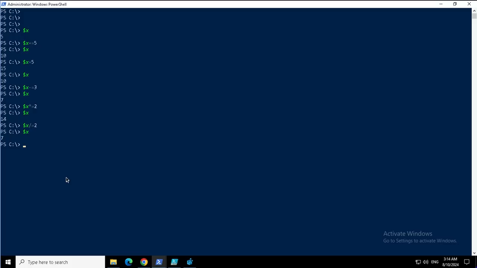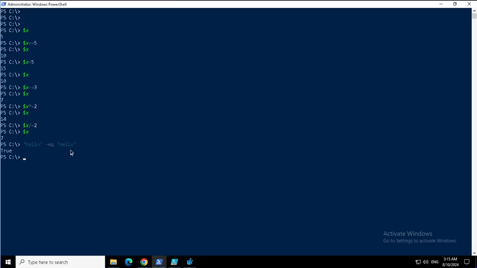Next we have comparison operators. The comparison operators are like I want to compare two values. So suppose this is hello and I want to compare it with equal. The comparison operators start with a hyphen and then the operator. You will not use an equal sign over here. Like other scripting languages you use the symbols, here we use the hyphen and then eq for equal. And I want to check whether it is equivalent to that, and the answer will be true